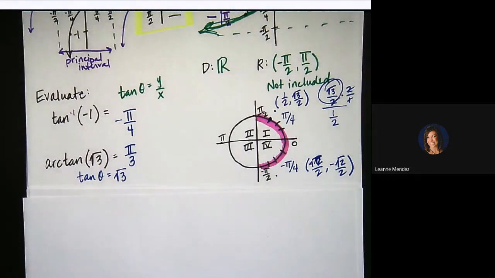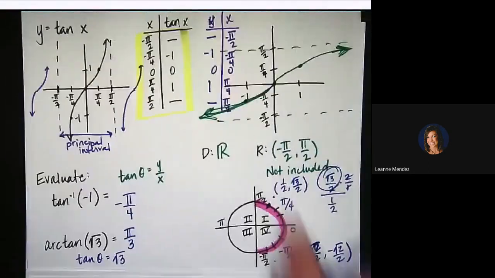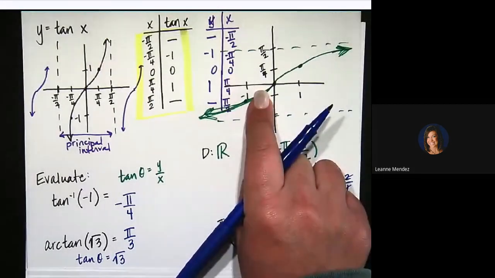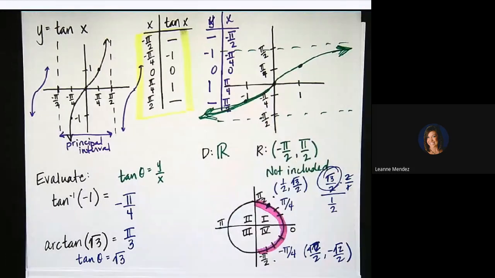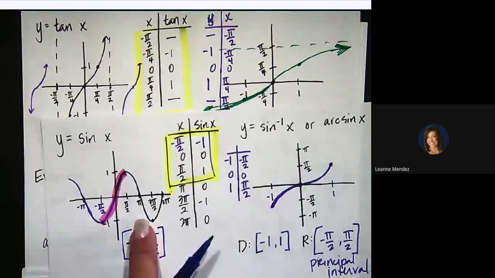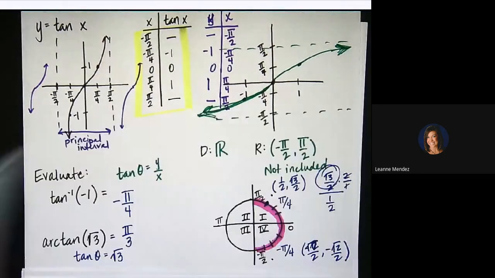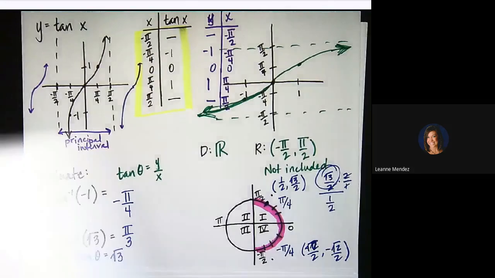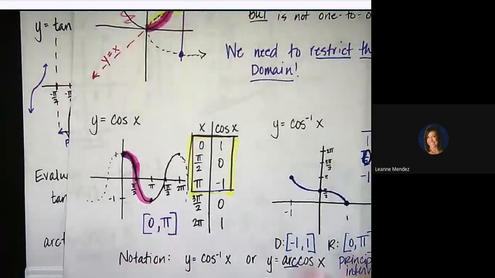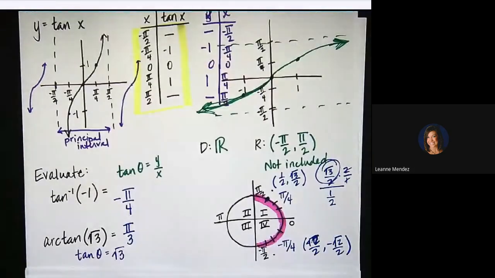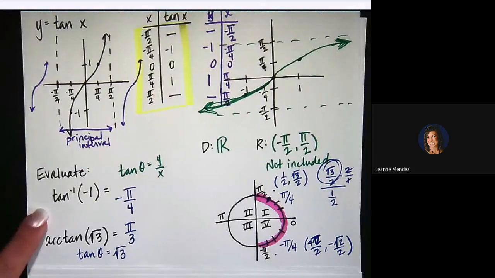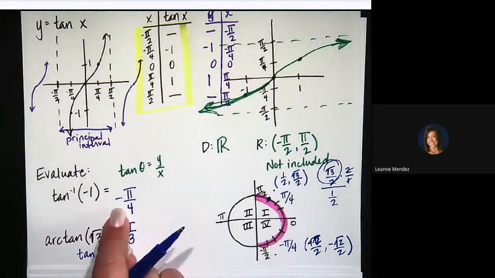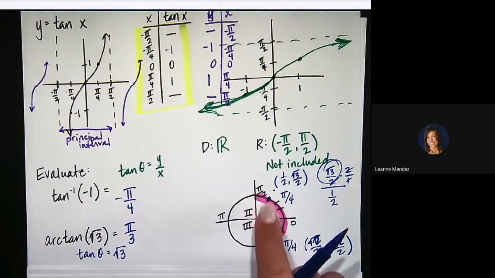Okay, so those are all three of our trig inverse functions. Now, we're going to ask you to graph them. So make sure you familiarize yourself with how the original graphs look. So there's my tangent, excuse me. We had our sine here on that previous page, and then the first one we did was cosine. If I can find the graph, there it is. There's cosine. The other thing that we will ask of you is to evaluate. Evaluate means tangent inverse of a particular value equals what angle. So you have to think back to your coordinates,